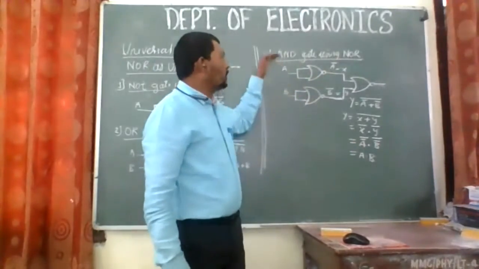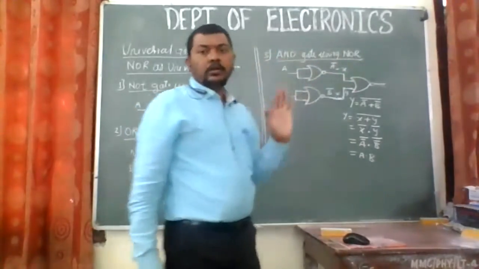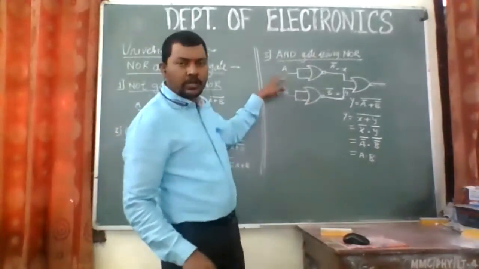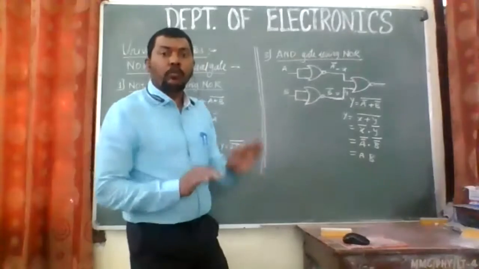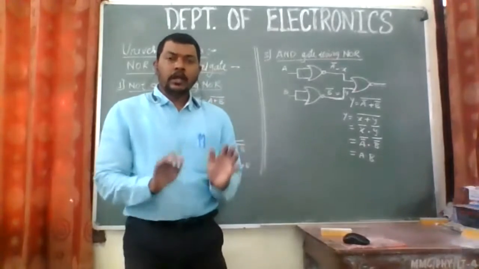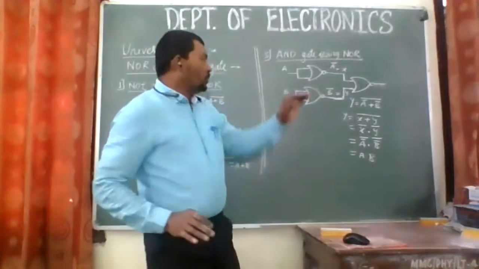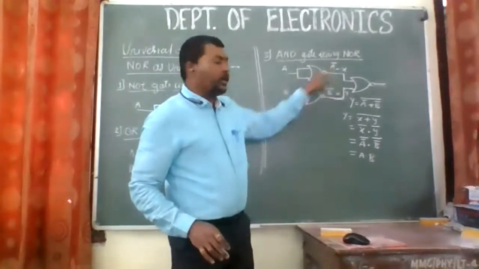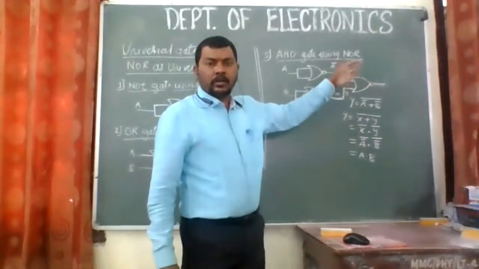So this is how you are going to implement an AND gate using NOR gates. Have you understood this? Is there any problem? I'll repeat that. I have taken two inputs, A and B, and substituted them to a NOT gate, which was prepared from a NOR gate itself. So in all, we are going to use NOR gates only, right? And that is how we show that the NOR gate can be used to implement any of the gates. So the NOT gate is made up of a NOR gate. A gives A complement, B is complemented as B complement, and then we attach them to another NOR gate.